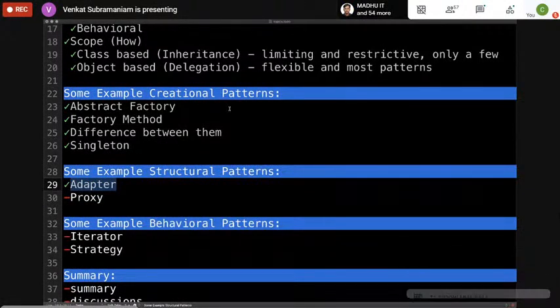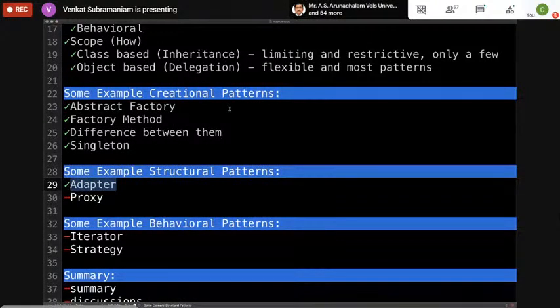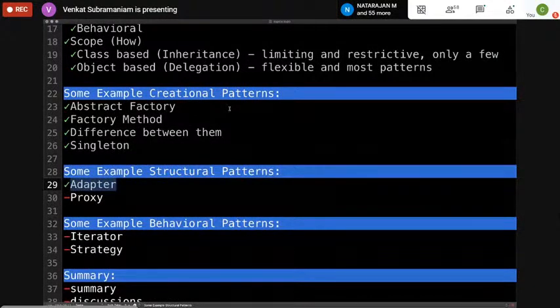Oh, question here. Can the common object type be selected for all types of illustrations to get a comparative idea? No, we cannot. And the reason really is the patterns all don't solve the same problem, right? So because the patterns don't solve the same problem, we cannot fit everything into the same thing. And that is where the challenge really is. Because if we try to fit everything into the same thing, we might actually use a pattern for the wrong purpose.